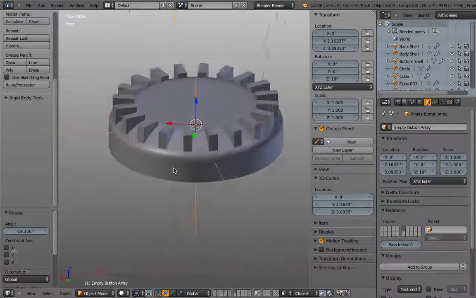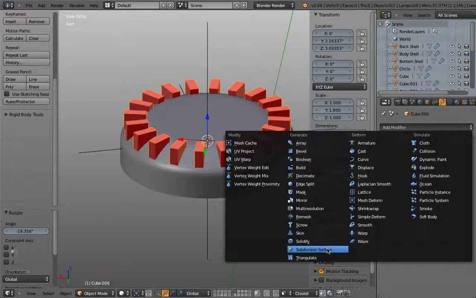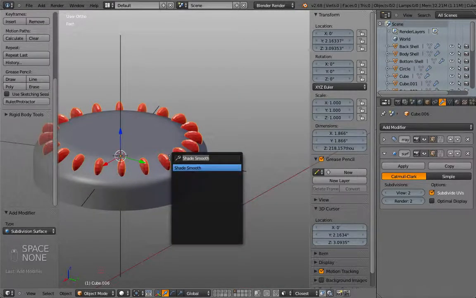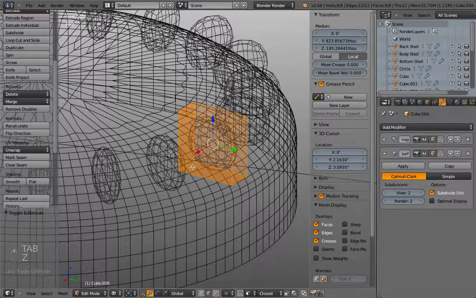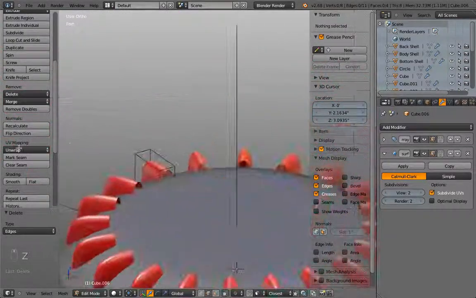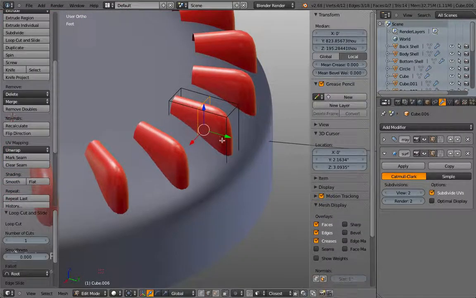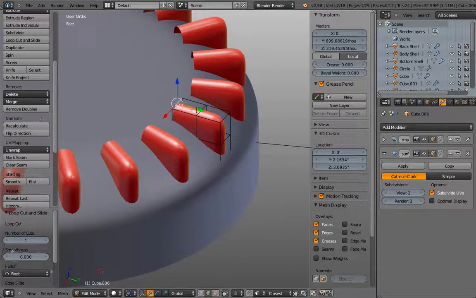Now we can forget about the empty and focus on those buttons, on those elements. And maybe let's give it first a level 2 subdivision. Let's shade it soft. And maybe this lower edge I'm going to delete. The main reason is so the surface starts to open. And maybe I add a loop cut, and I add a loop cut. So now, for example, I can